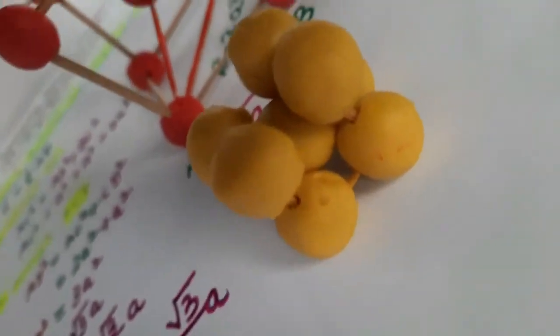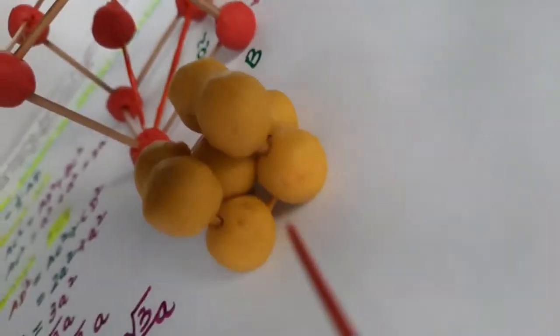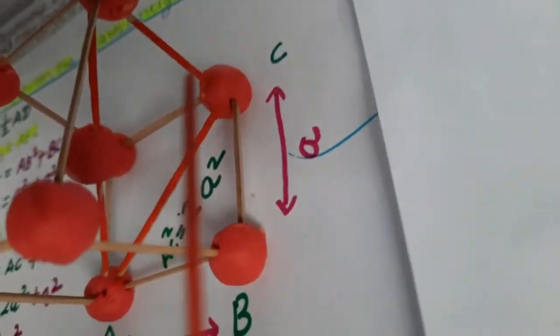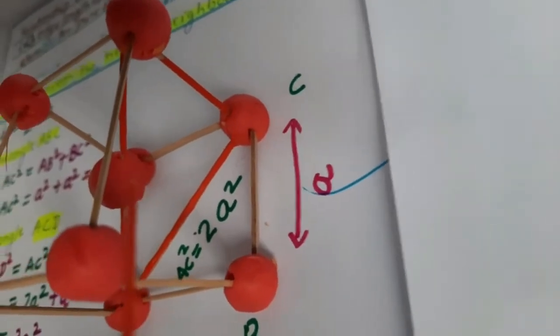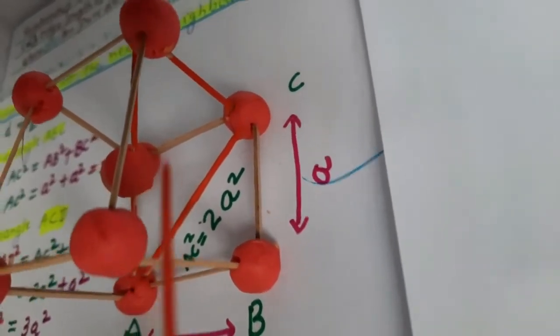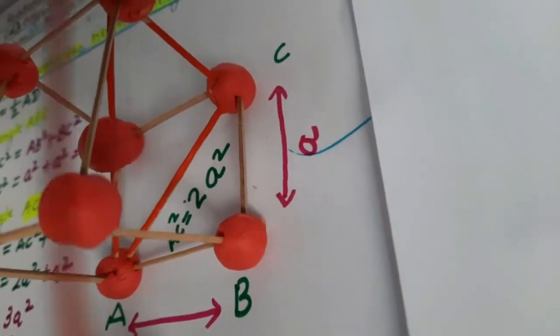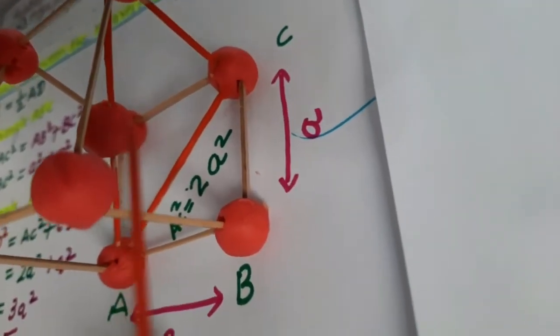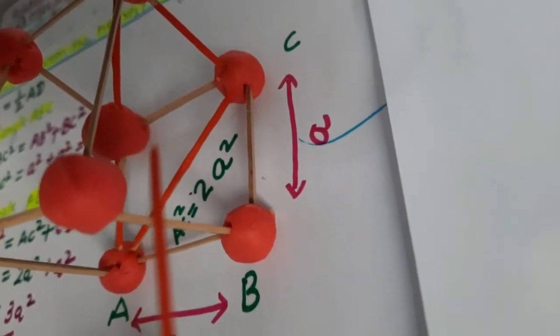Let us have the view. Here, the spheres which are present along the body diagonal touch each other, whereas the spheres which are placed along the edge length do not touch each other. Now, in this type of unit cell, spheres are placed at the corners of the unit cell, whereas one sphere will be placed at the body-centered position. Here, all the corners are occupied by the spheres, as well as one extra sphere is placed at the body-centered position.